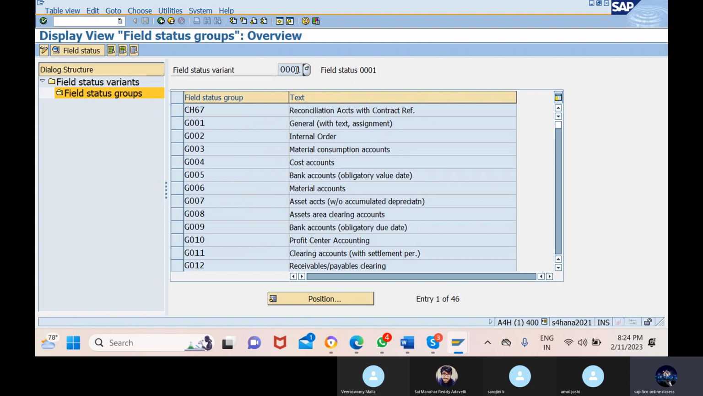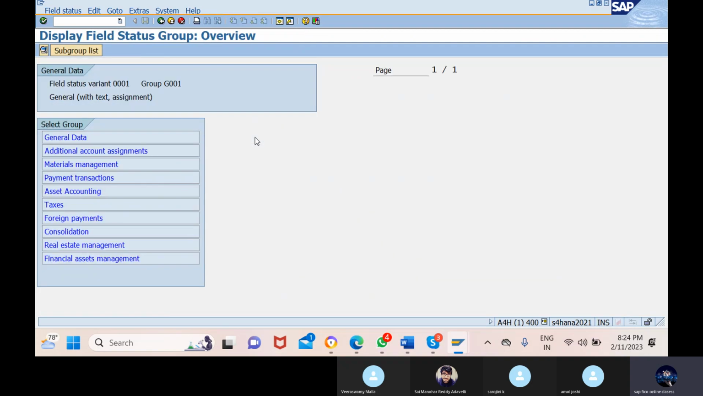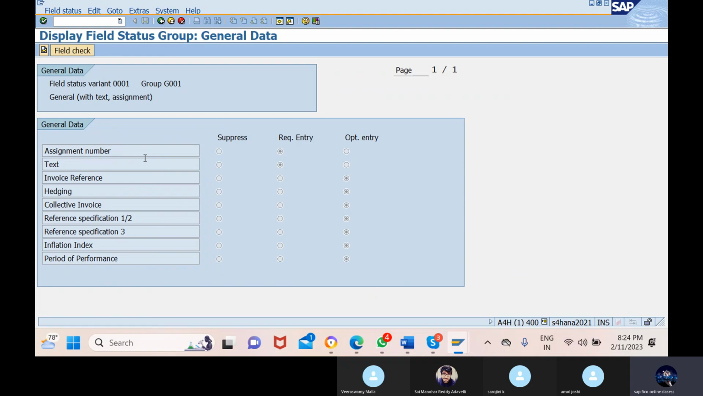Okay, guys, under the one field status variant, we can see some field status groups, around 41 to 48. Now I'll just go to Z001. In most of the cases, we can see it now. You can see here under general data, when we post a transaction through